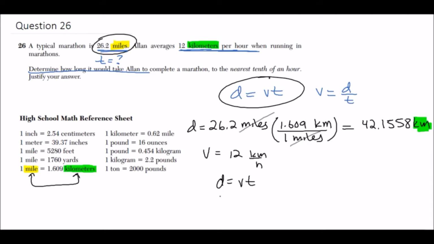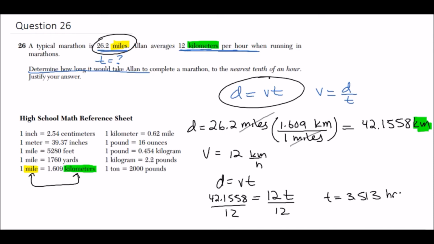So I would put in the d here, which is 42.1558. And we know the speed, which is 12. And we know the time is what we're looking for. So divide both sides by 12. Again, we can just do that right in the calculator. So if we divide that by 12, we get a t of